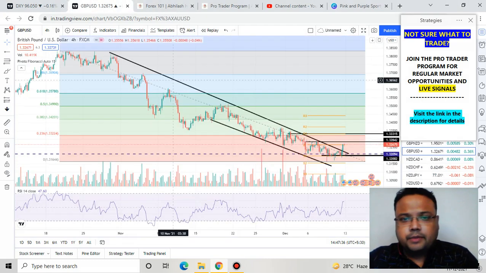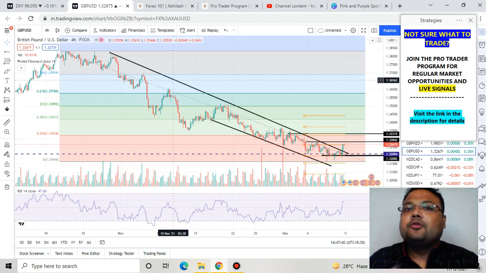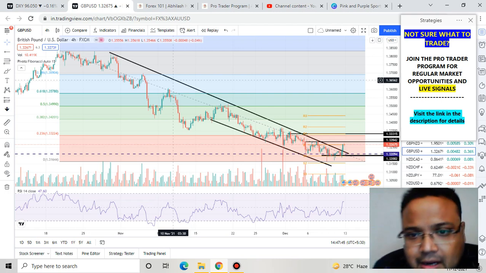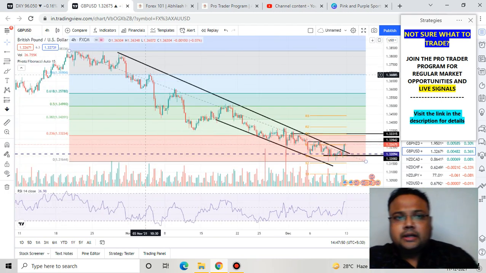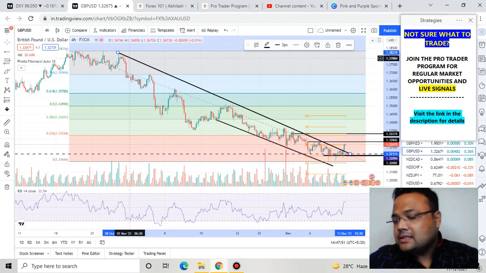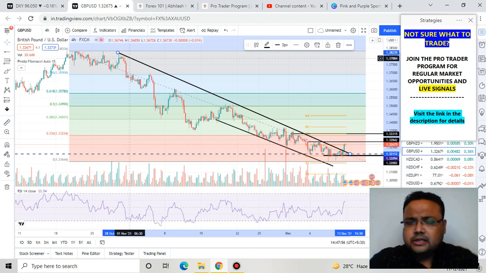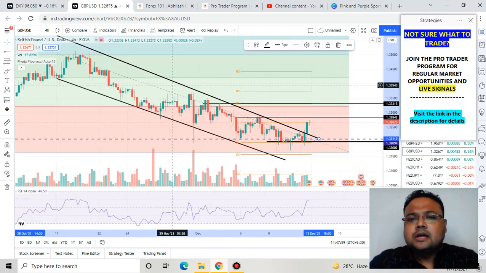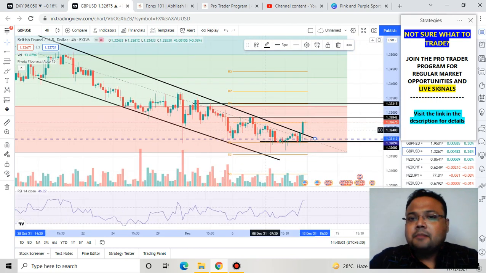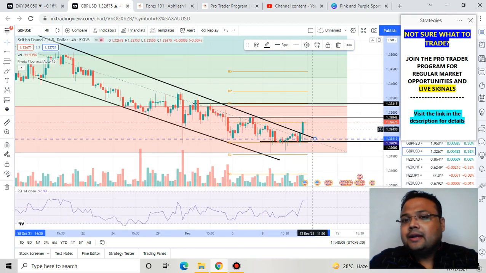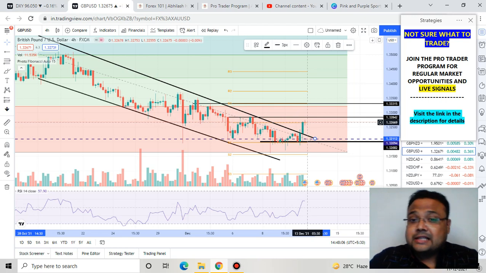And this is the chart of GBP USD here, and straight cut, this is a downtrend market. There should not be any doubt about it. You can see market is in heavy downtrend with this trend line, which was acting as a strong resistance for the market for quite some time, because market was seriously facing trouble to cross this trend line. But on Friday, market somehow broke the trend line, and right now standing at